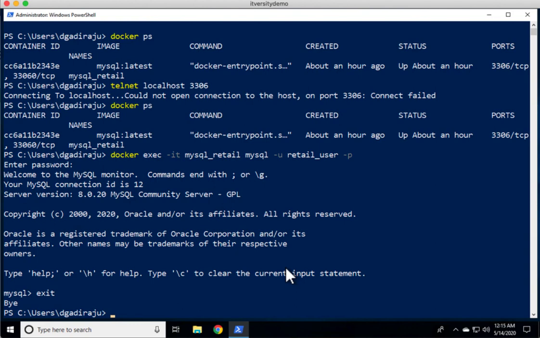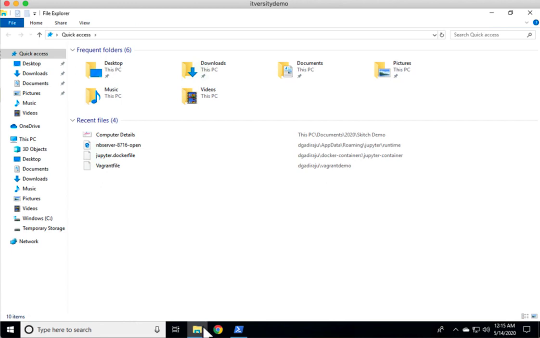Let's go ahead and see how we can actually configure SQL Workbench to connect to this database that is running as part of the Docker container. We can follow similar steps to actually connect to databases that are running locally directly, as well as those that are running on remote machines using the appropriate IP address or DNS alias along with the port number on which the database is supposed to run. That being said, you can actually go to the location where SQL Workbench is set up.